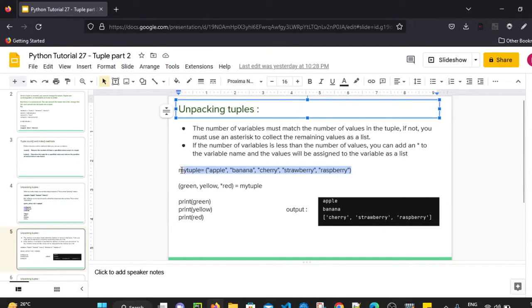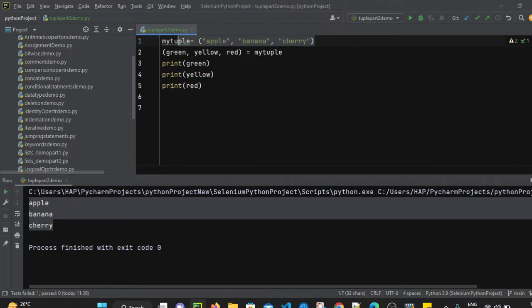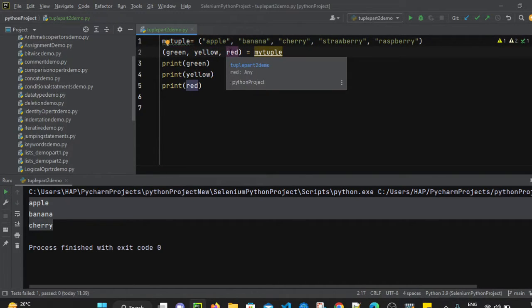Now let's see practically. I am defining my tuple, which contains 5 values, and here I am unpacking. Let's say green, yellow and red, but these are only 3 variables. Apple will be assigned to green, banana will be assigned to yellow, and here we have to use the star or asterisk.